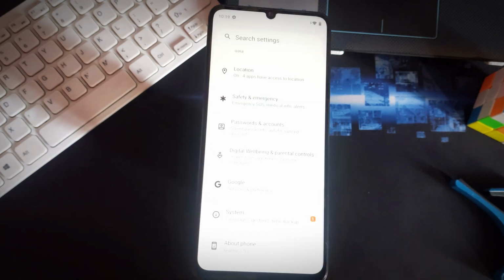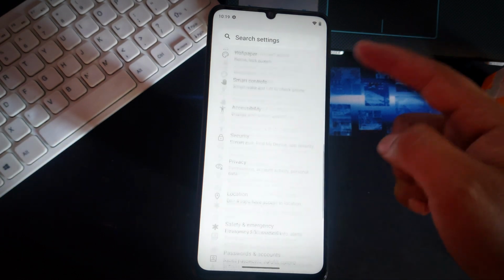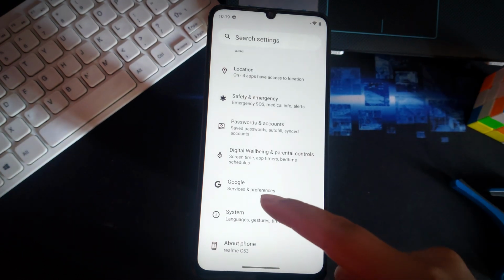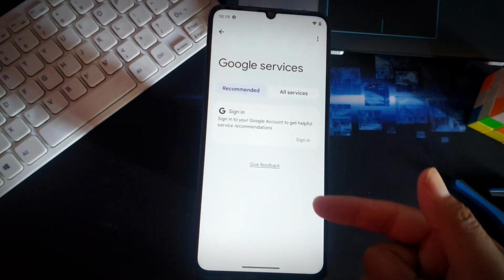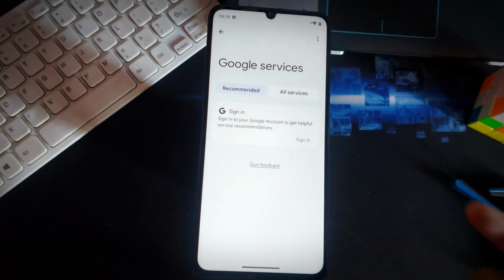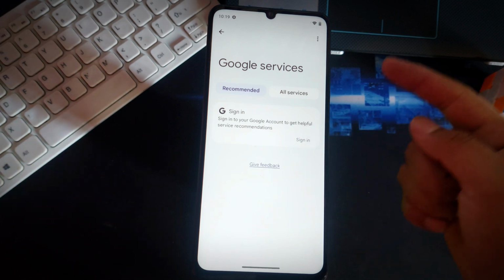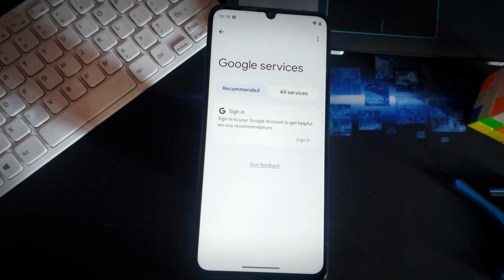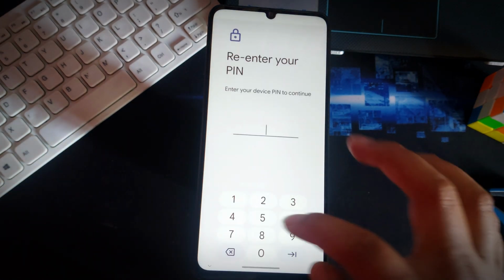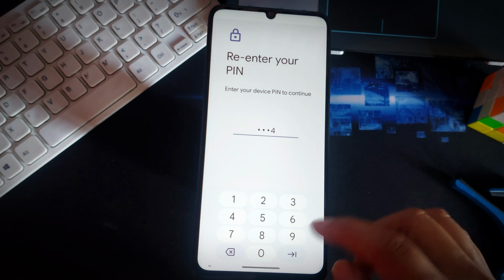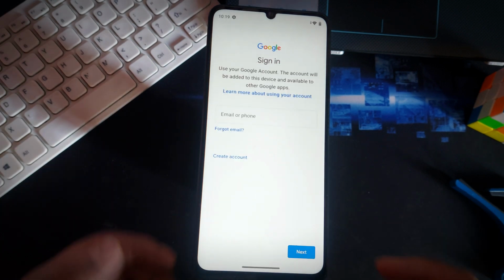First, go to settings, and then you need to just scroll down to the end and you will see Google services and preferences. So tap there, and in my case, I haven't signed in, so I will sign in to this. But in your case, you can simply add the account, okay? So just sign in or add the account, input your device password and hit next, and simply right